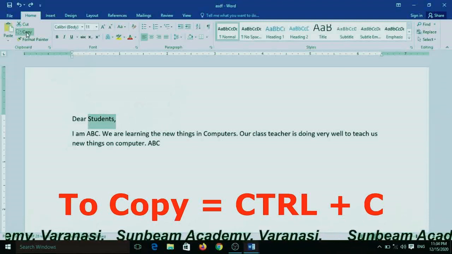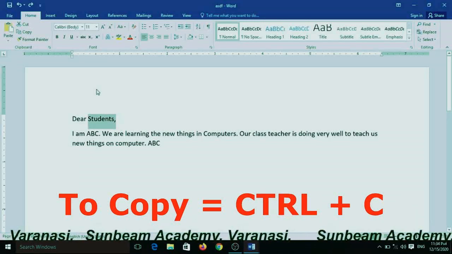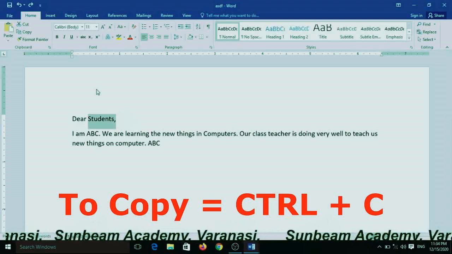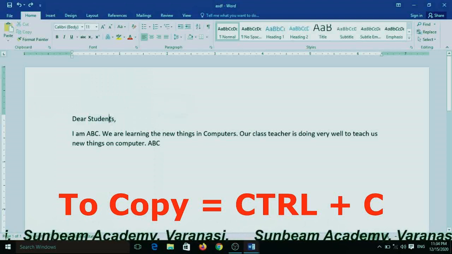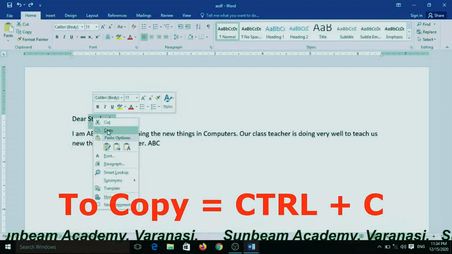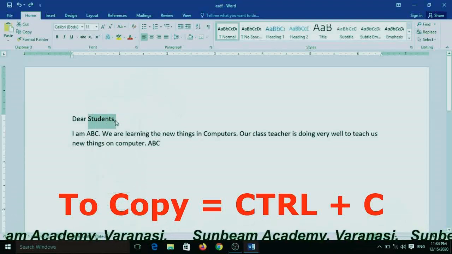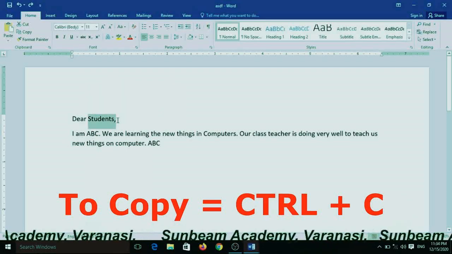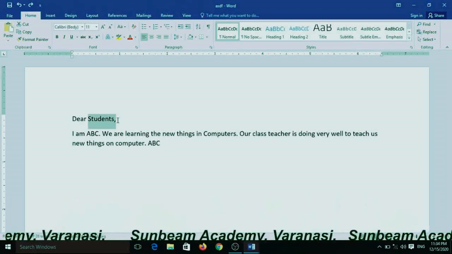You can also right click on the selected text and select Copy from the pop-up menu. First select it and right click the mouse button, and the Copy option will be in the pop-up menu, or you can also select the text, hold the Control button and press the C button to copy.